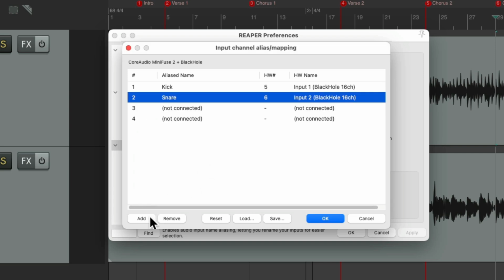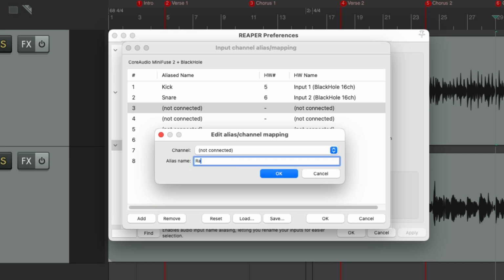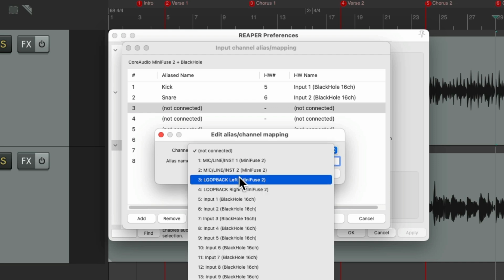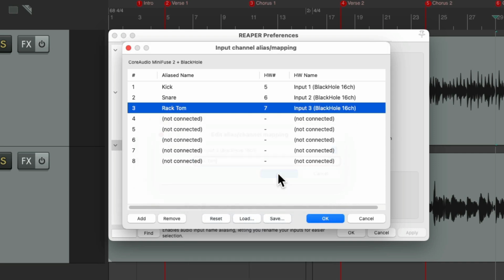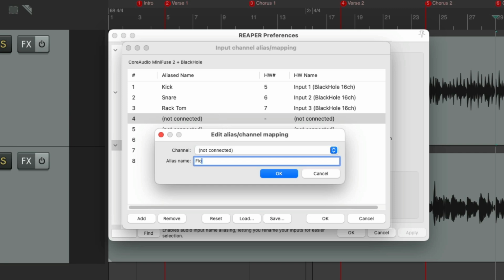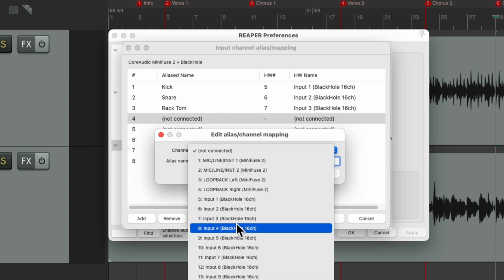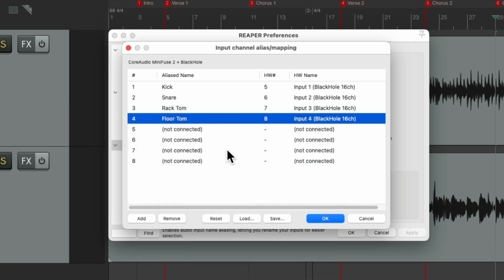Add a bunch more. So we have 8 in total. This one is the rack tom plugged in to input 3. This is the floor tom plugged in to input 4. Then the overhead left